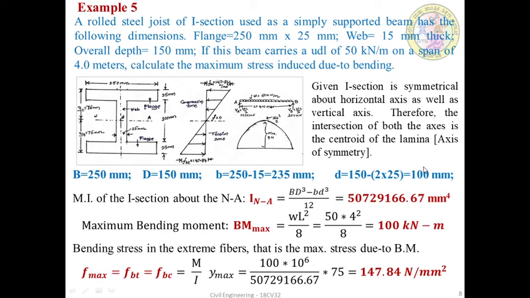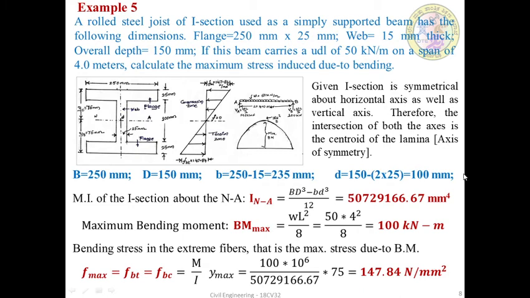So for finding the moment of inertia, I considered this one as a hollow rectangular section. So I divided the thickness of the web, which is totally given as 15 mm. Half will be 7.5 this side, half will be 7.5, so that uniform thickness will come all around. I consider this one as a hollow.